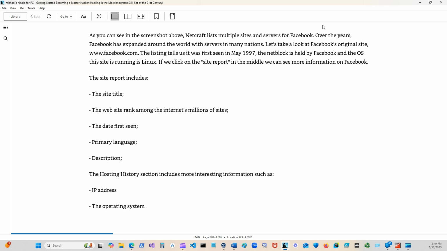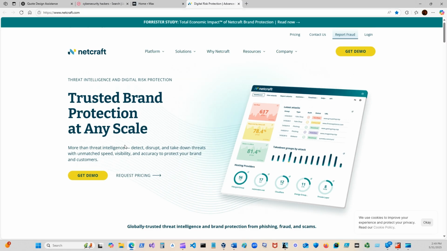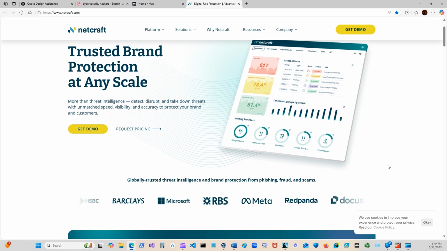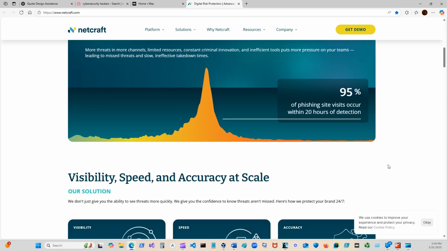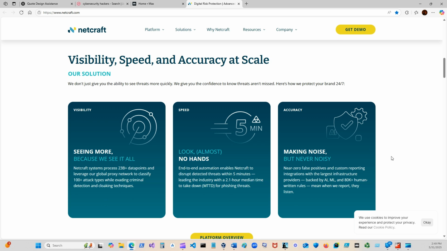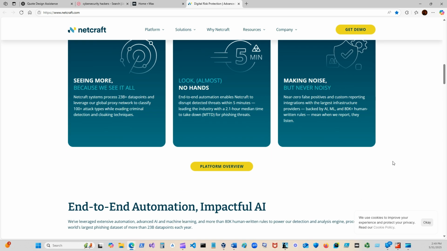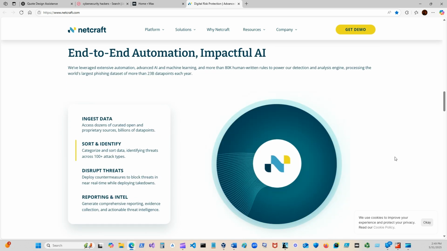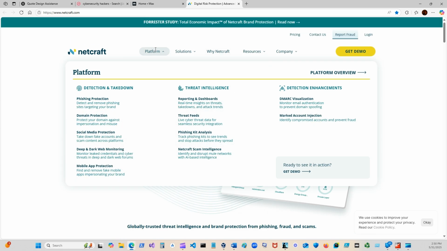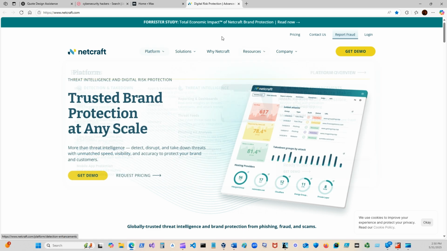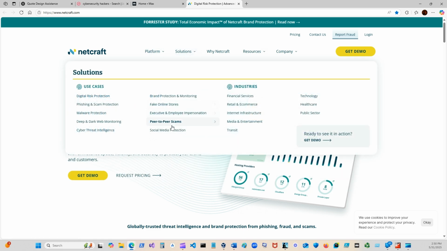Netcraft lists multiple sites, servers, Facebook. I don't want to get a demo. Report fraud. Netcraft.com. You have to download it now, or what's going on? Phishing protection. What is this? I don't think this is the same Netcraft.